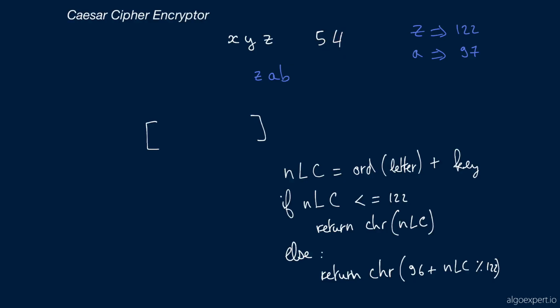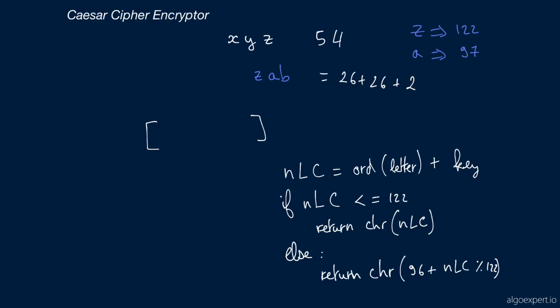How do I know that? Well, because 54, right, is equal to 26 plus 26 plus 2, if my arithmetic is correct. 26 plus 26 is 52, plus 2, 54. And we know that 26 just gives us the same string, right? Because we shift the letters by 26, so it brings us all the way back to the same letters. And so if we shift by 54, we shift by 26 once, then by 26 once, and then by 2,